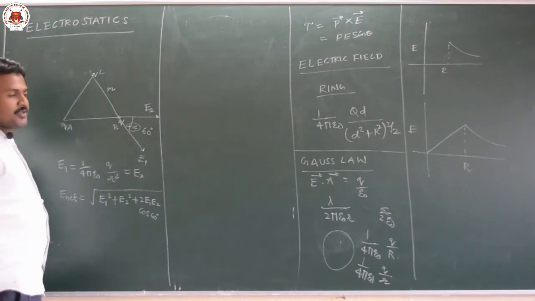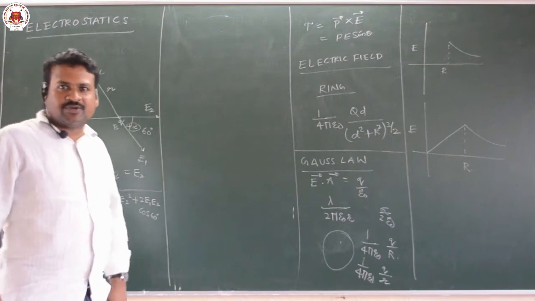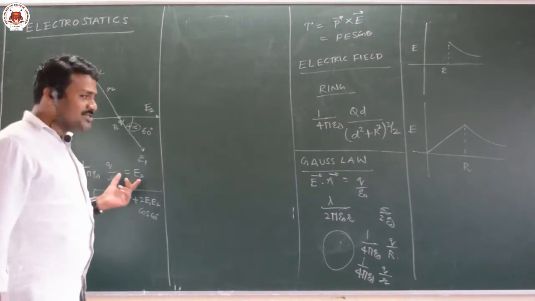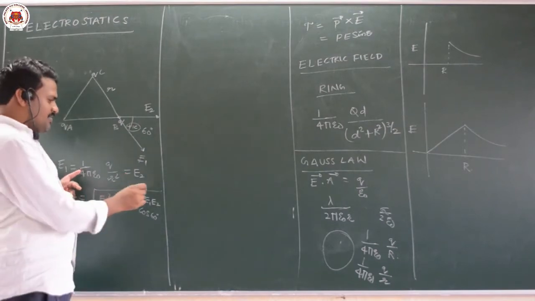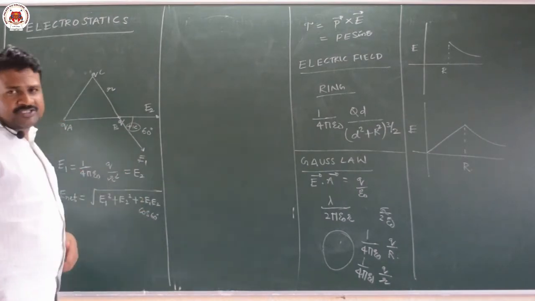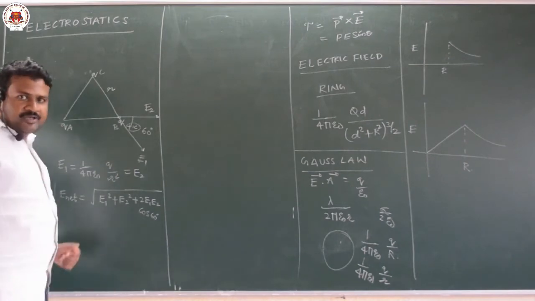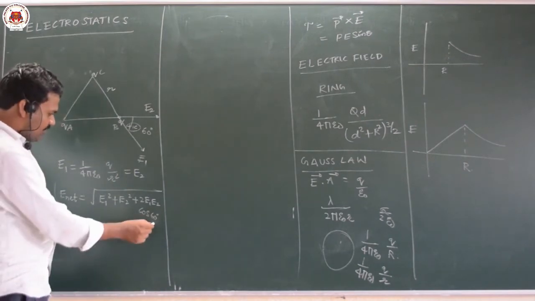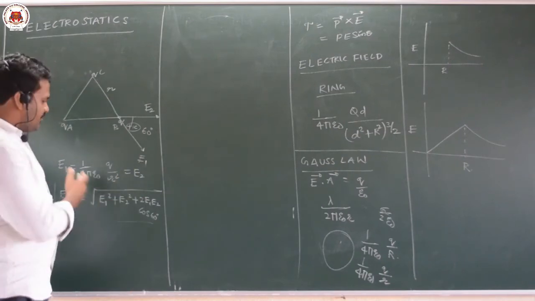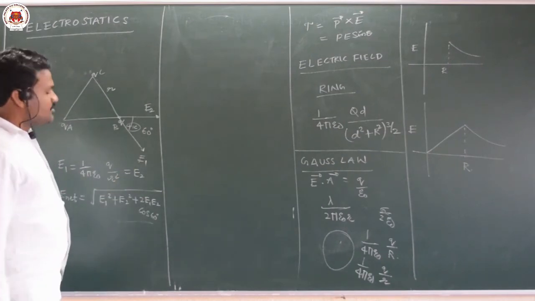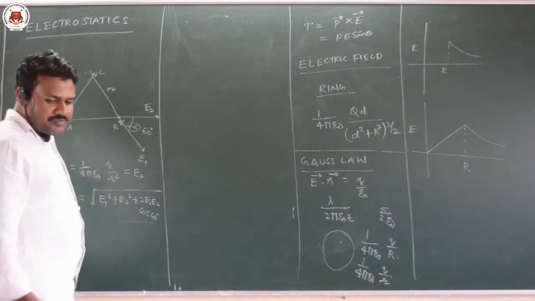which you have studied in your first year PUC. So in CET most of your questions are from second year only. Students will think that if I know second year I will get a CET rank, but that is totally wrong. In physics, knowledge of all chapters is required. This is the formula you studied in first year, the parallelogram law of vectors, but here also we can use it. So by using this you will get root 3 E, and if you substitute you will get the answer.